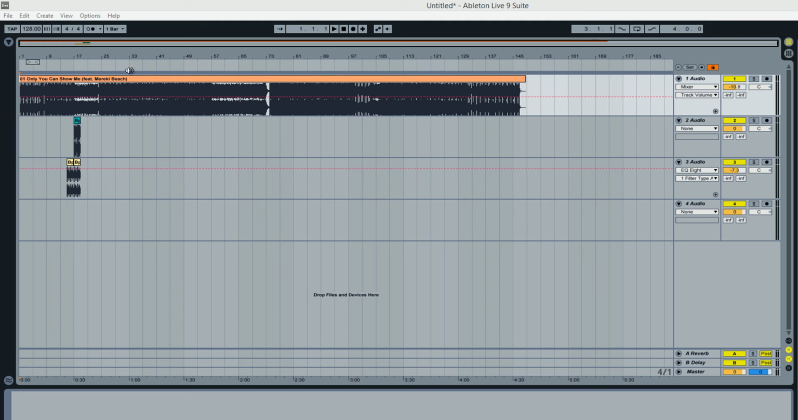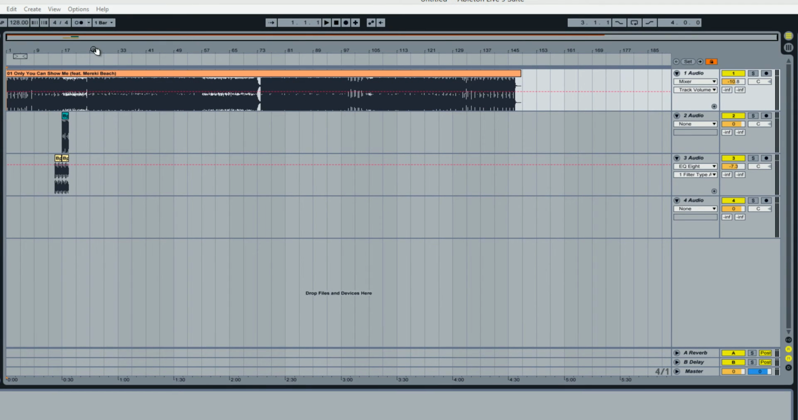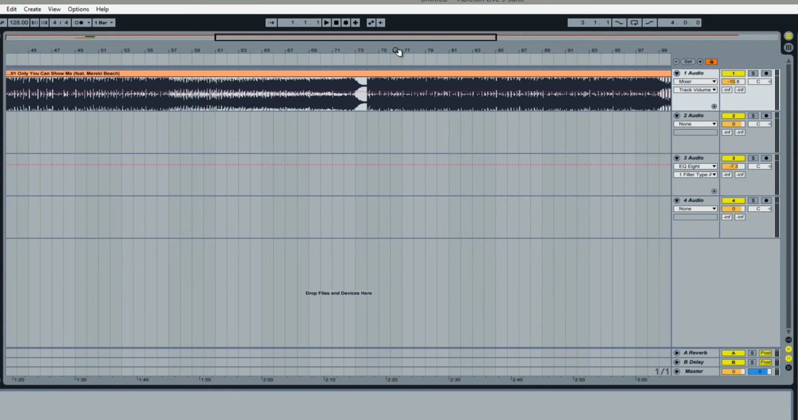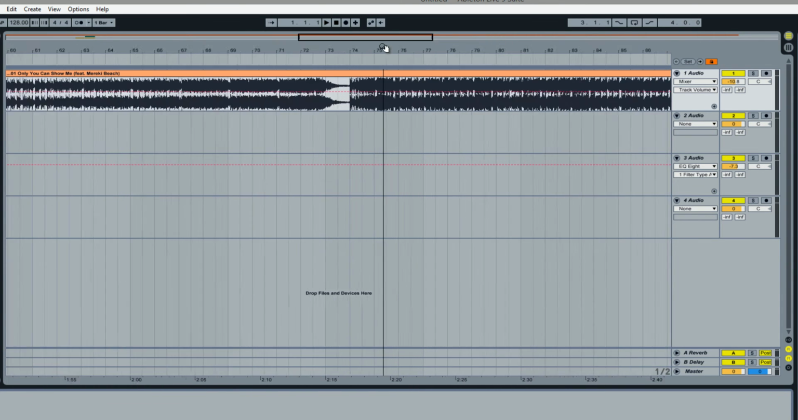Alright, so we're just going to be looking at how we can sample a simple drum fill from an already existing song and add it to our own. Now I've got a disco track here that hasn't got the most ideal drum fill, so we're going to have to do some work on it. But I'm just going to show you how you can easily sample an Ableton or any other DAW for that